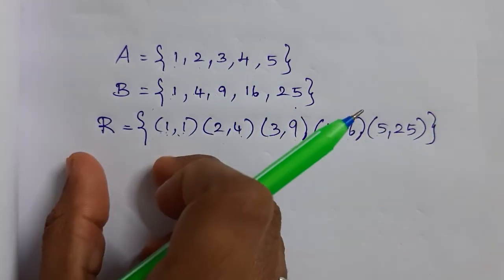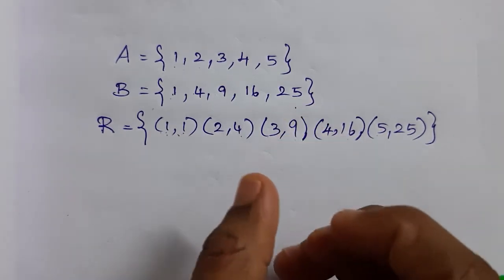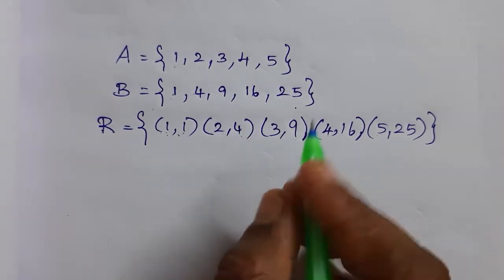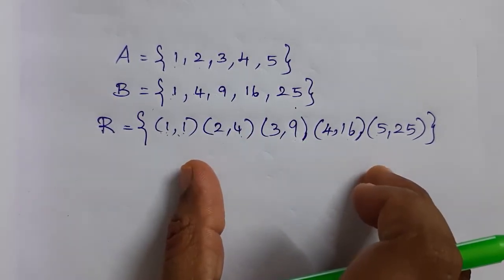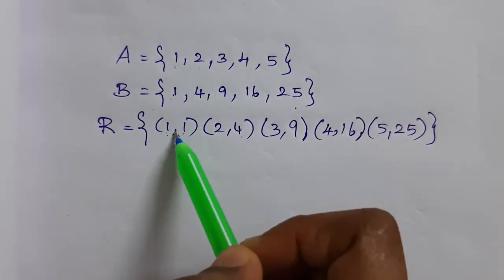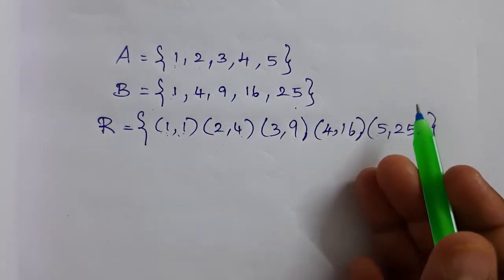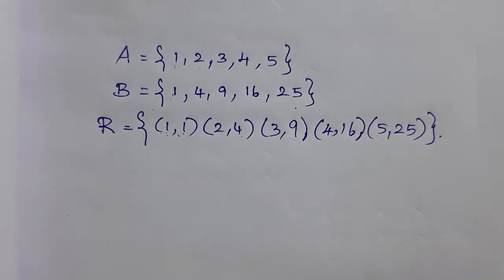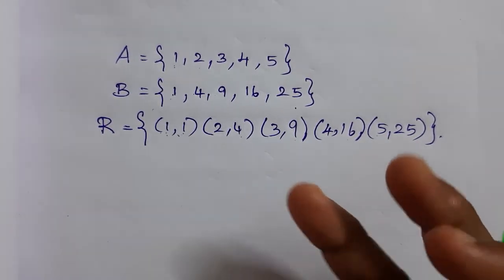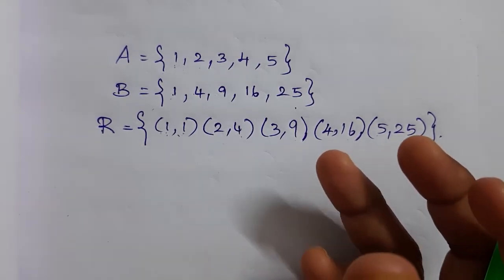But here in relations, whatever I need specifically, I can pick a few elements from that under some condition. Here, what is the condition? I have taken only the square numbers, and I have related them. Now A is related to B with the help of square numbers. So this is the concept here. Relation means a subset of A cross B under some condition. That is what the definition states.